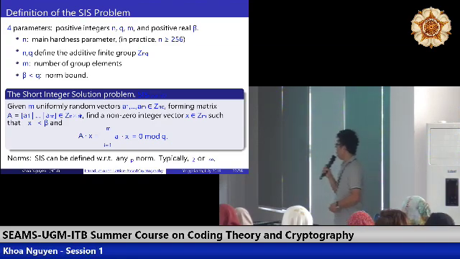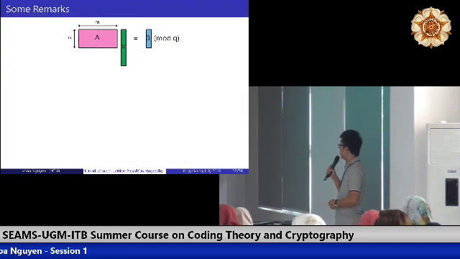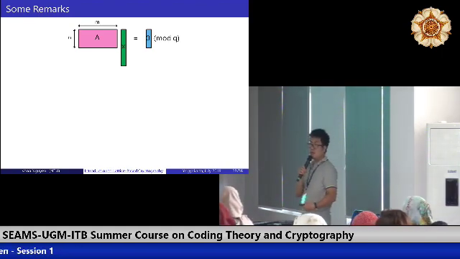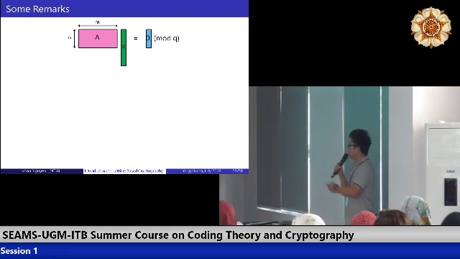In matrix vector form it's like this. So we have a matrix A here and vector 0 here. Find some non-zero x, integer vectors such that A times x equal to 0. Okay. Of course, we have to set parameters so that the problem is hard. Okay, so let's consider some